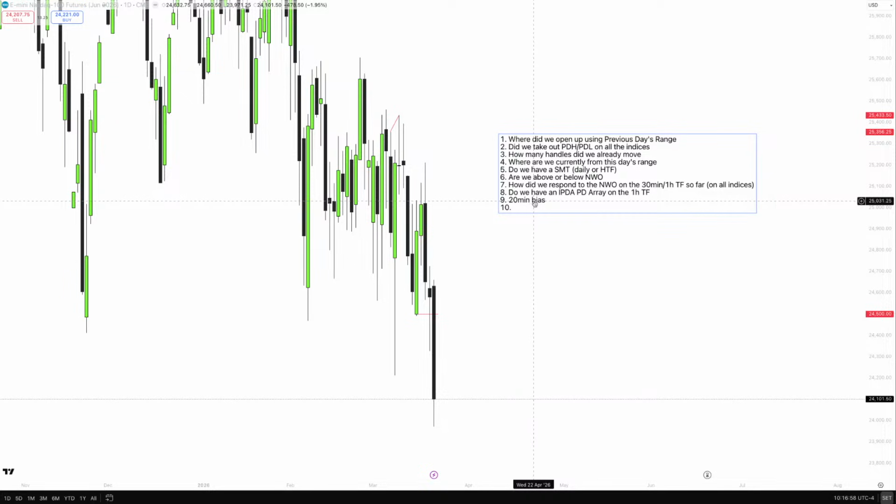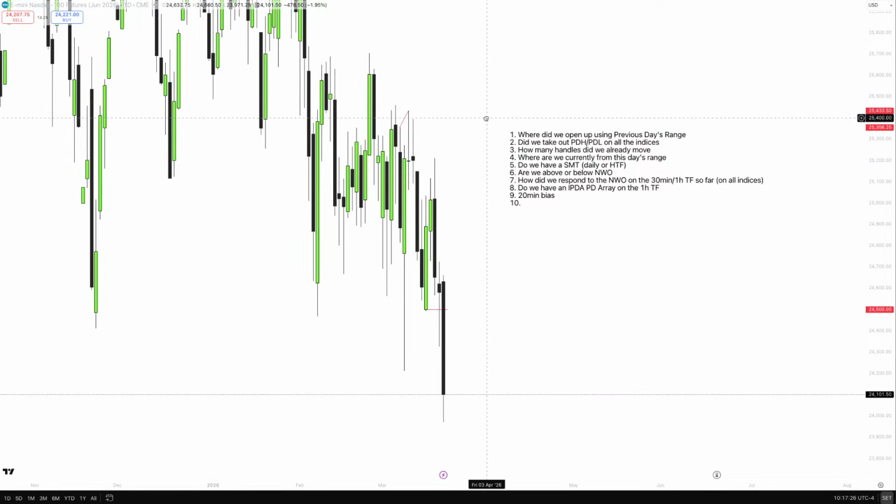For example, yesterday, the 20-minute bias told me that we would go short, that we would have a bearish bias, but the first point, where did we open up using previous day's range, would have told me that we are bullish. But considering that we already took out previous day's low, the first point is not a point to consider at all. And secondly, it is way more important to consider the 20-minute bias